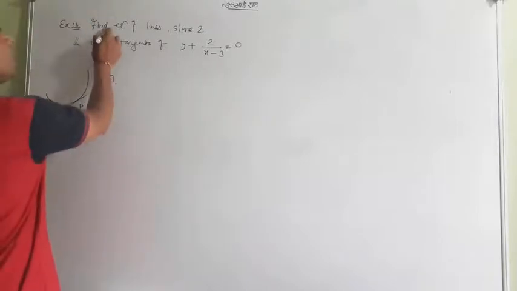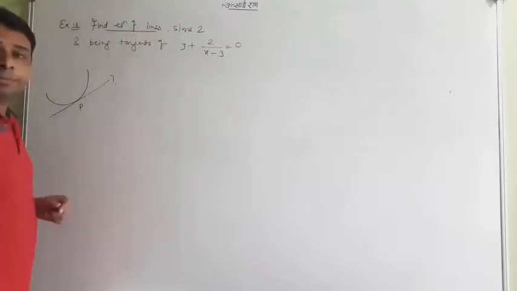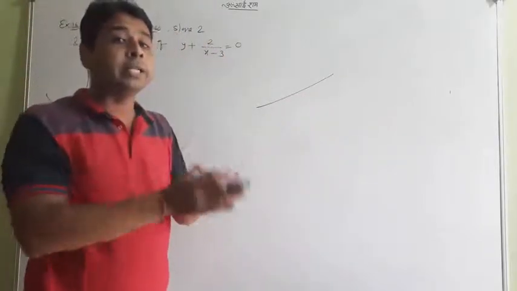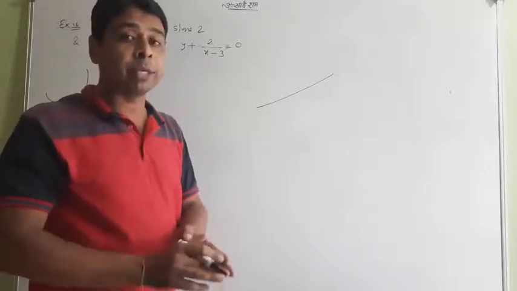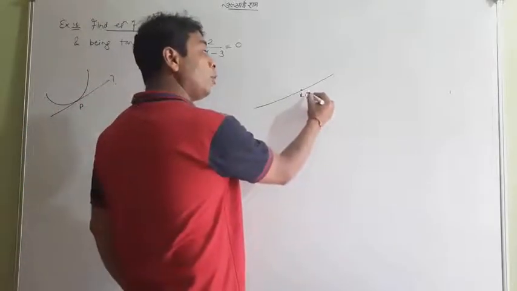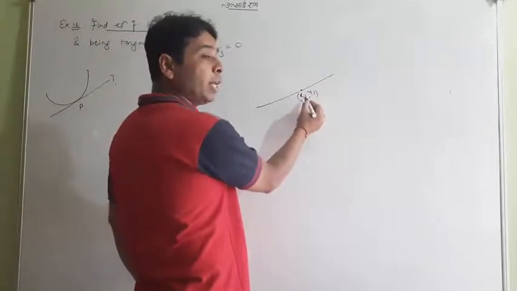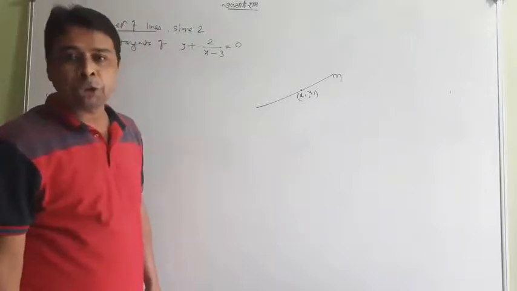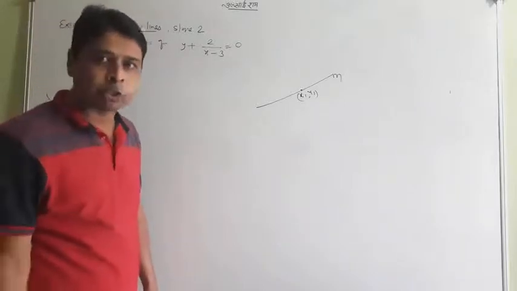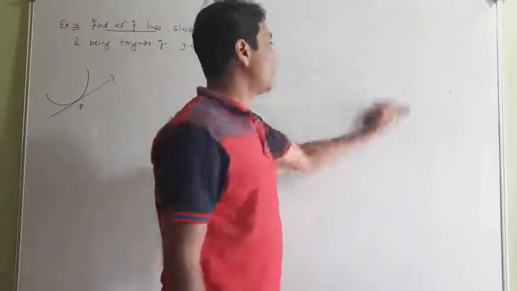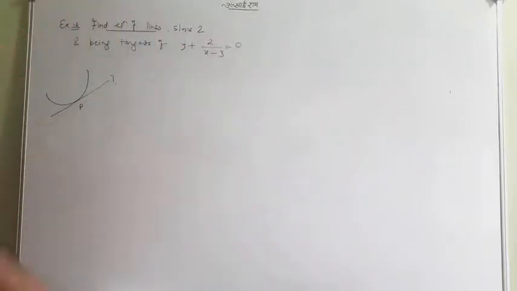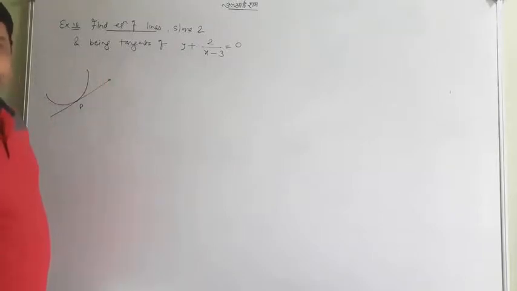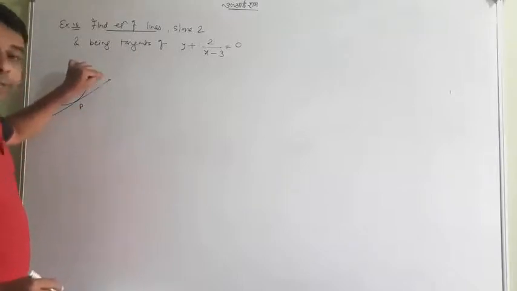The question says find the equation of the tangent. I taught you that whenever you want to find the equation of a tangent, meaning the equation of a line, only one concept is always there: the one point form, where you need the point through which the line passes and m, the slope, and then you can find the equation of the tangent or line, both are the same actually. So if you compare this concept with this picture, you have to find the equation of this tangent, meaning this line.